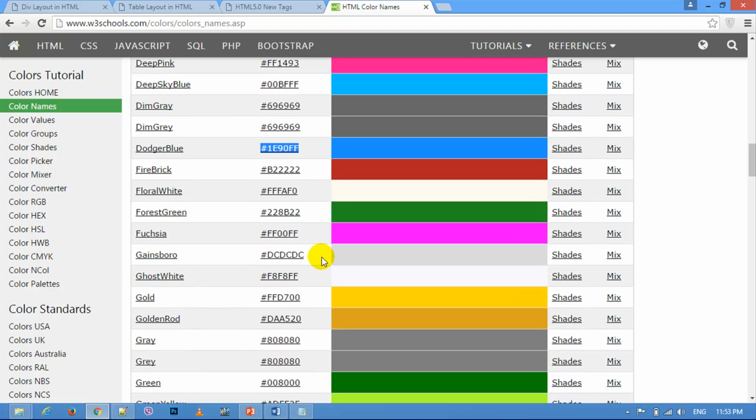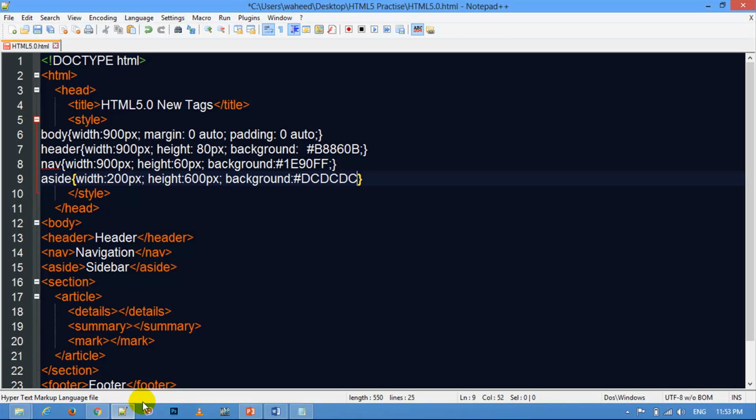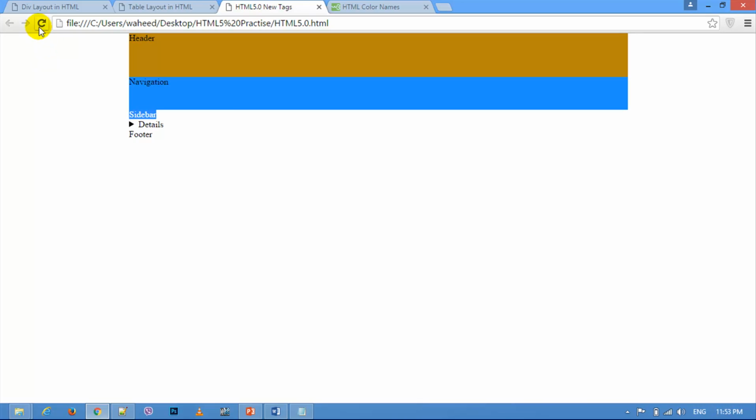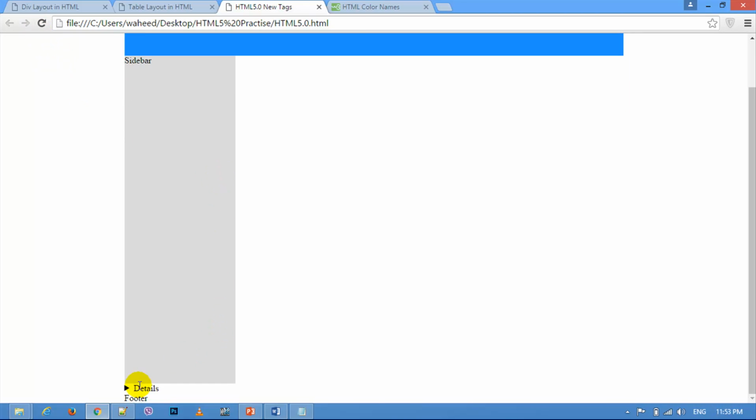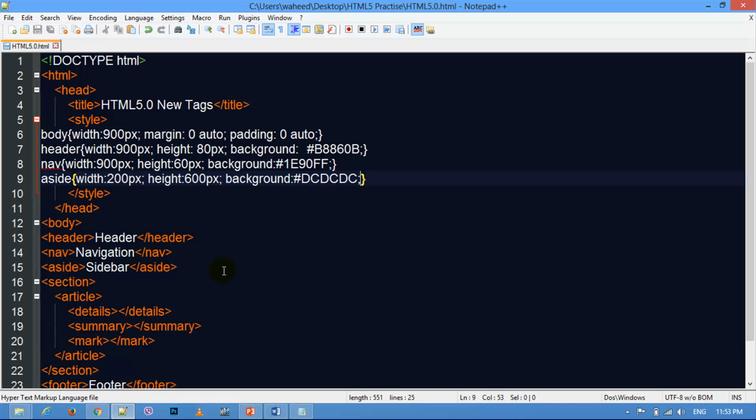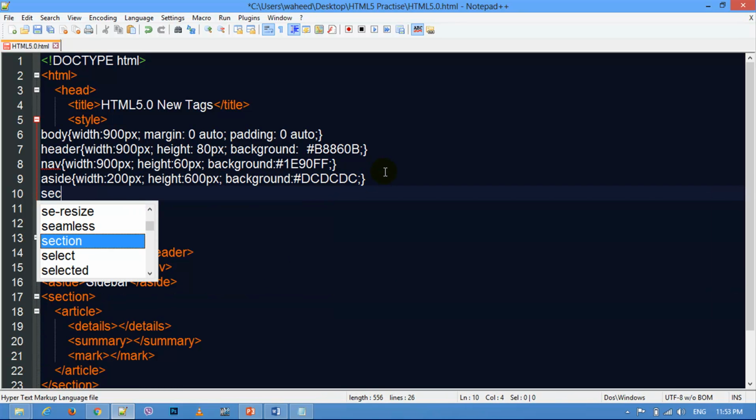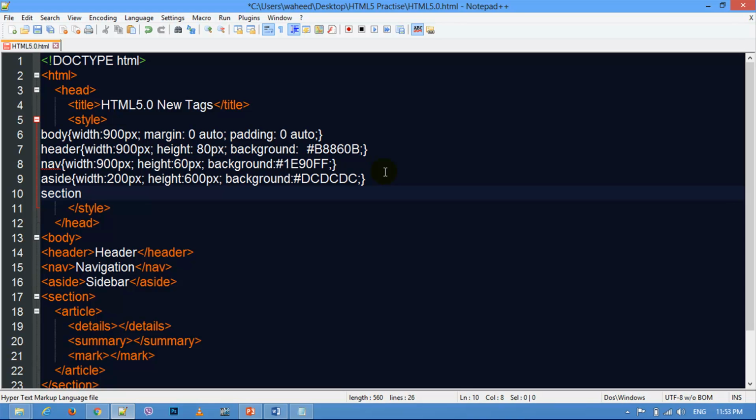Color for sidebar, just this one. You can just copy and paste, add a semicolon, save, and preview in the browser. So this is just the sidebar. After that we have the section, so let's insert the section tag, and the width